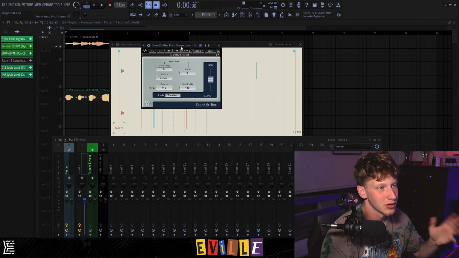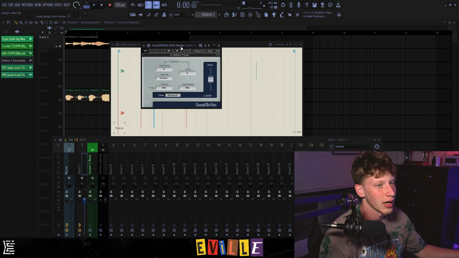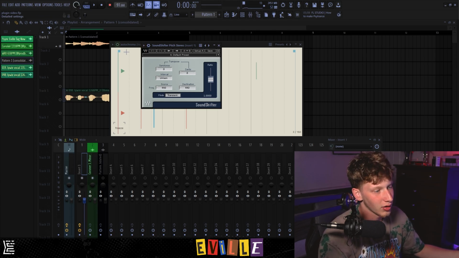Next up is Sound Shifter by Waves, and honestly, this is just a workflow hack right here. Just throw this plugin on your master, and whenever you want to change the pitch of something, just put it up and down. I just use it for every sample I make. I like to change pitches while I'm creating samples, so this just allows me to, all right, if I don't like this pitch,